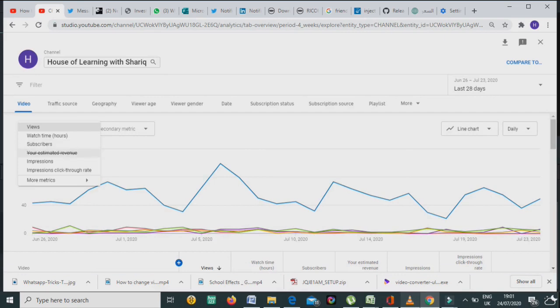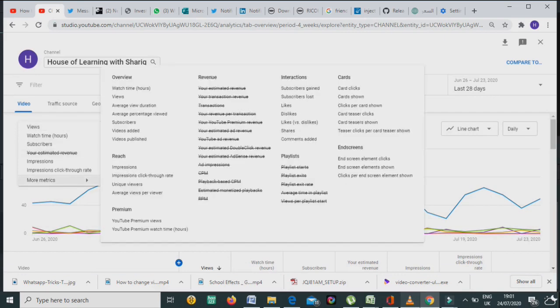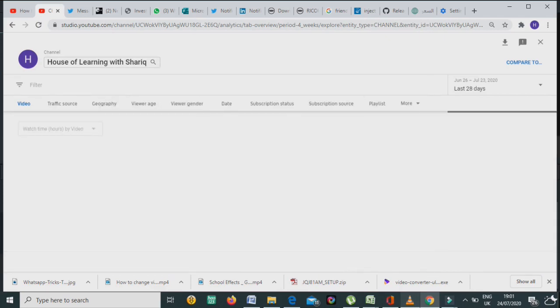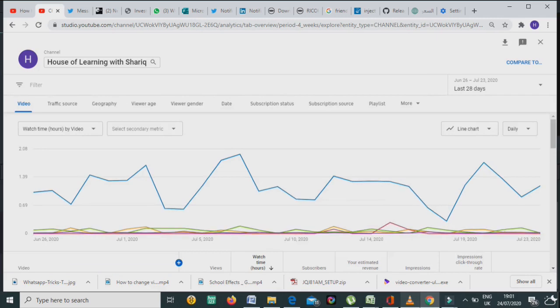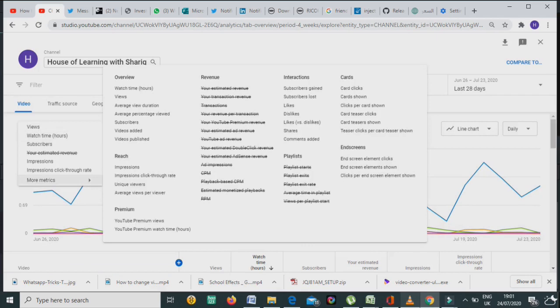You see here, you will click on the metrics, and here you will find how many subscribers came and how many subscribers left, the last one. And here you will come and you can see the shares, comments, added, likes, subscribers.